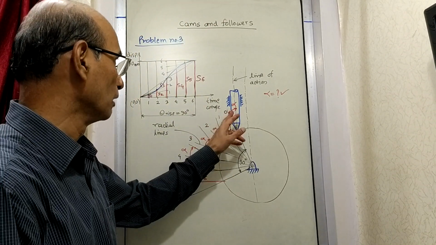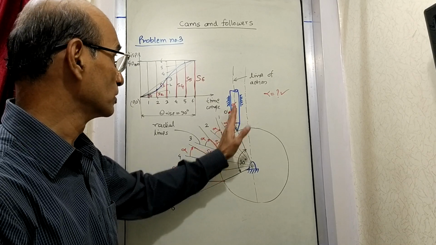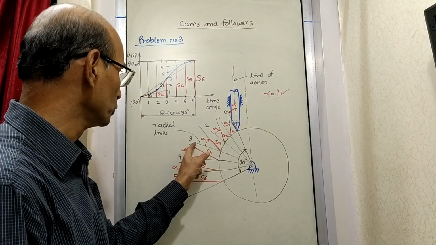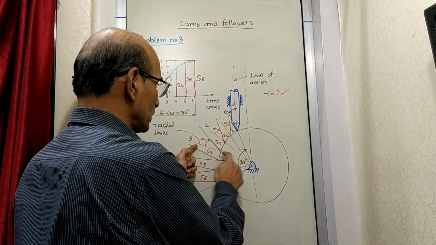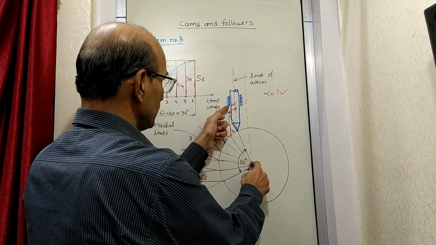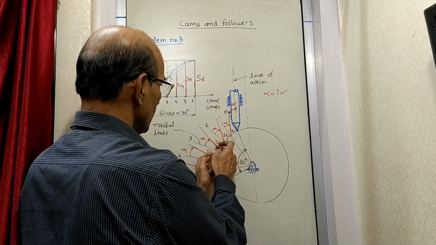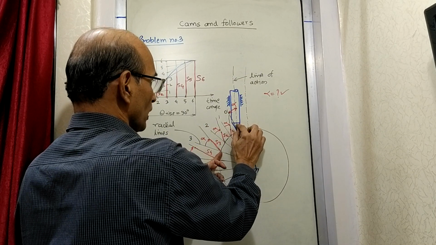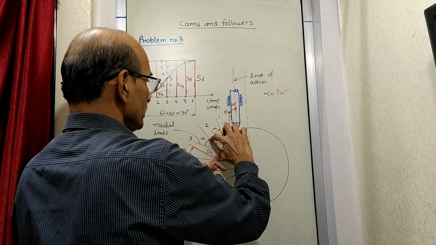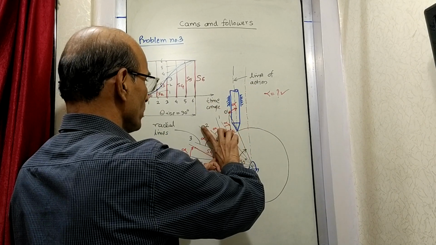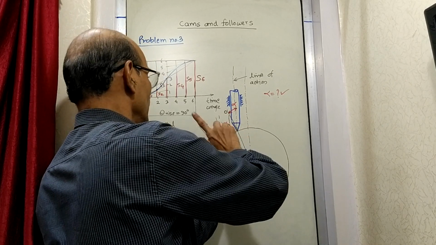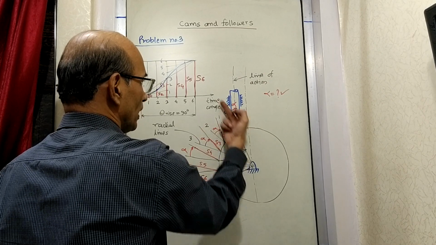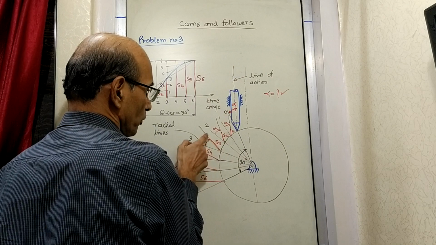So as you see here, everywhere we have gone back by alpha because the line of action was behind the radial line by alpha. Suppose you take radial line number 3. When line number 3 comes here, then the line of action will match with this. The follower is going to move on the line of action, therefore the displacement S3 is taken along the line of action. So these two lines, line of action and radial line, when they come here, the radial line will be like this and the line of action will be like this. Therefore we have taken the distances here.